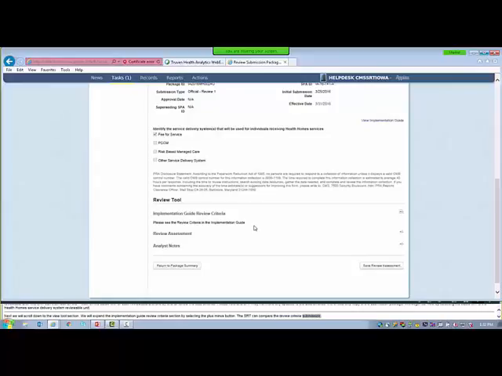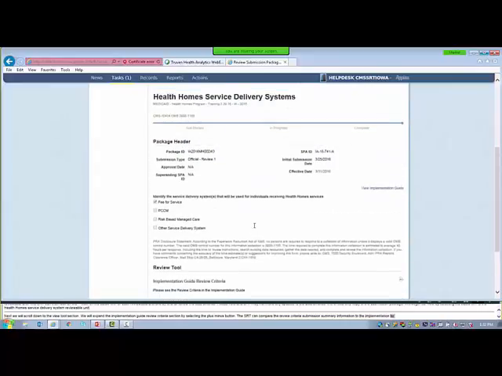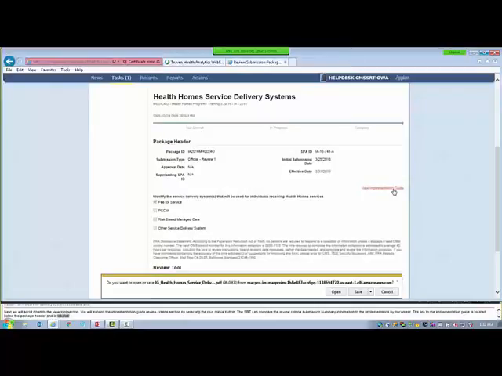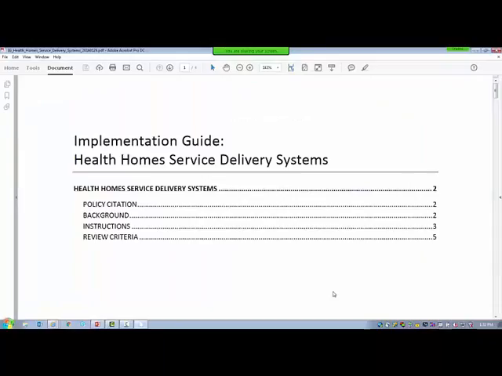The link to the implementation guide is located right below the package header and is labeled View Implementation Guide. As we open the implementation guide for the Health Home Service Delivery Systems unit, we see that the implementation guide provides explanations of the components of the page along with review criteria.